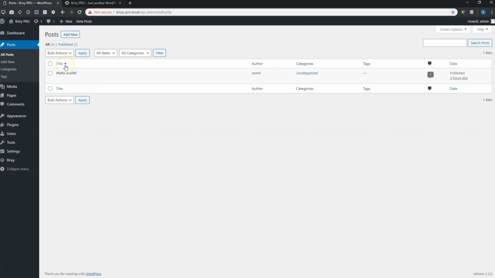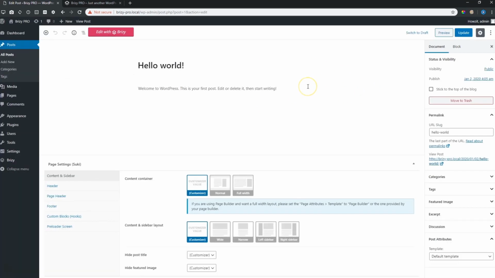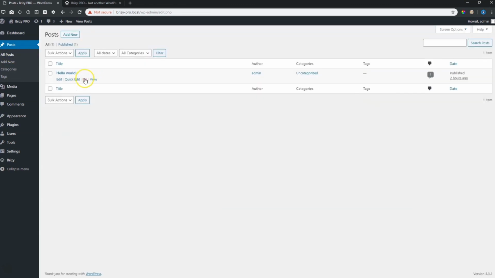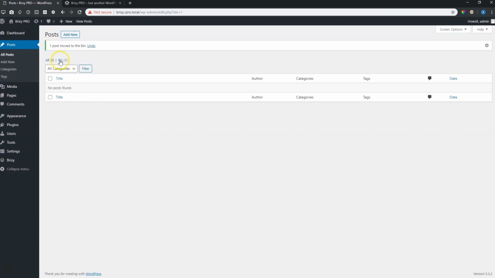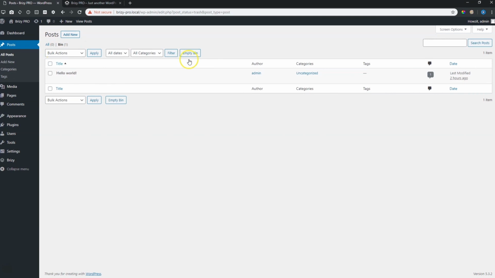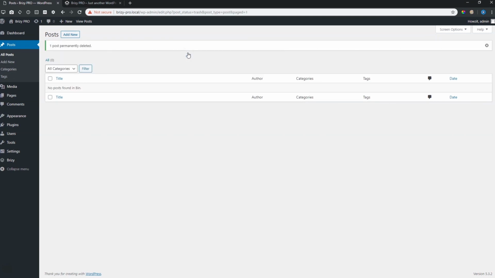When you have installed WordPress, you will see this post appear here called Hello World. And for some reason, WordPress will always install this by default. So you can click here on the post to go into it, and you will see nothing exciting over here. It's just a default post. Let's go back here to all posts, and let's go and delete it. I click here on bin, and that will put it in the trash can. Go here over bin, you can click again on it, and click here on empty bin. And now that one is totally gone.